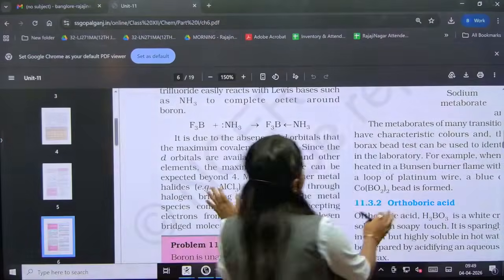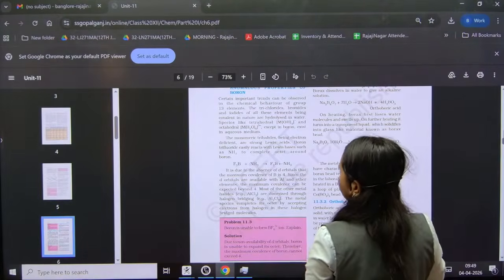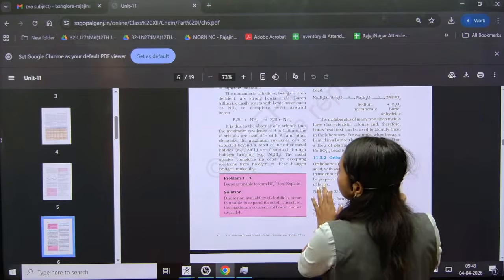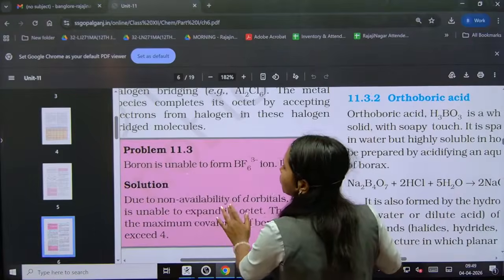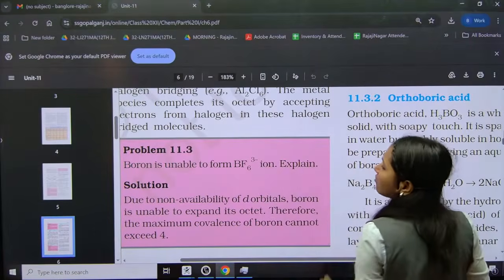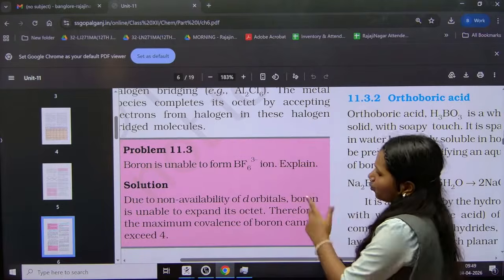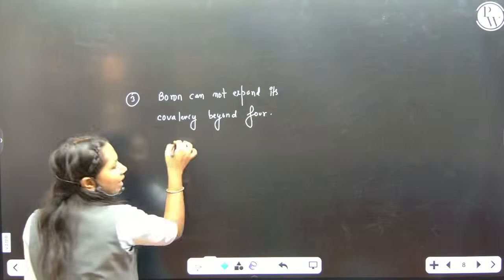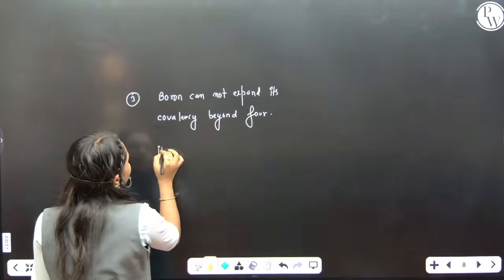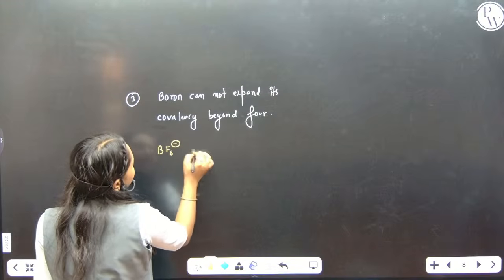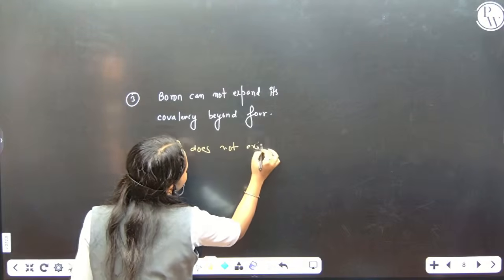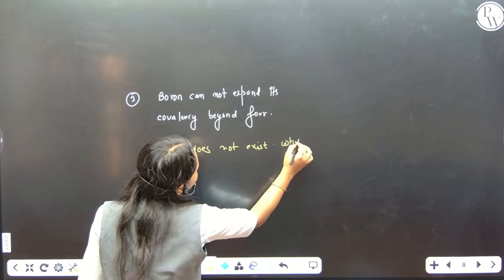Now let's see here. What is the question? Boron is unable to form BF6 3-. Why? AlCl6 exists. Sorry, why does BF6 3- not exist? Does not exist. Why? The reason is